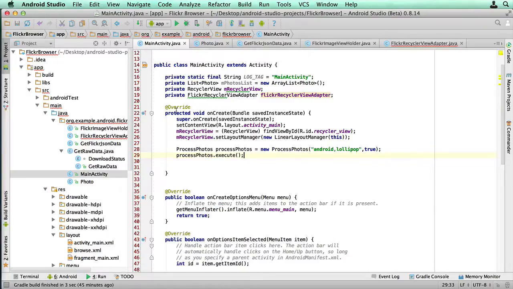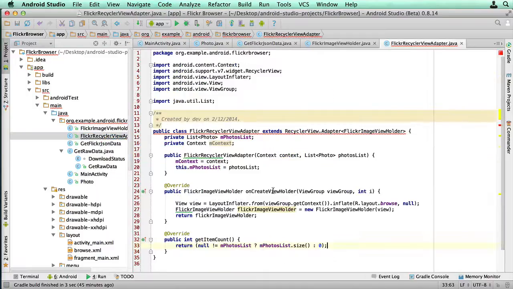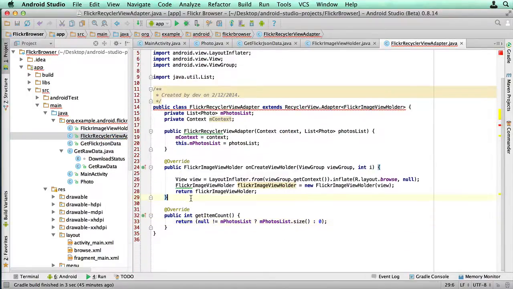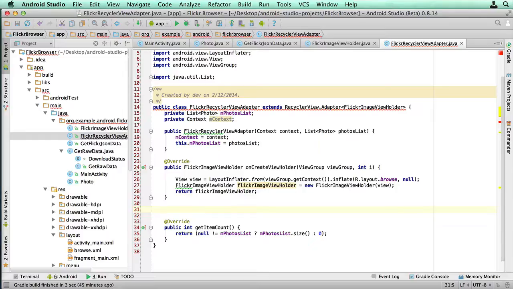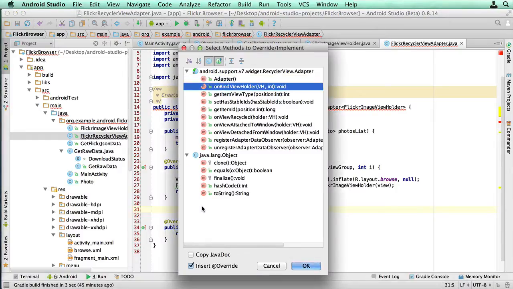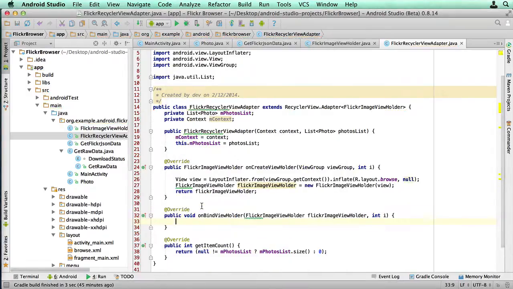So we're just about ready to go. We've still got an error, and that's in this FlickrRecyclerViewAdapter. So if you recall, we talked about adding that extra function, that important bind function. So let's go and do that now. Control O, and I'm going to go to onBindViewHolder, and that's going to be the method we're